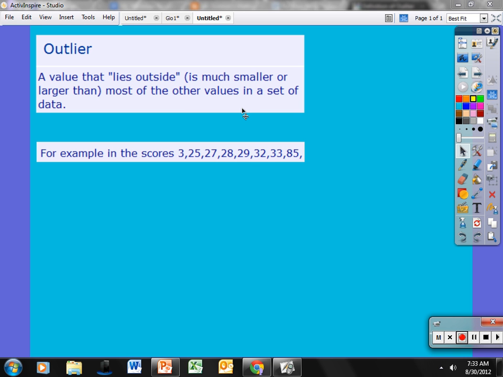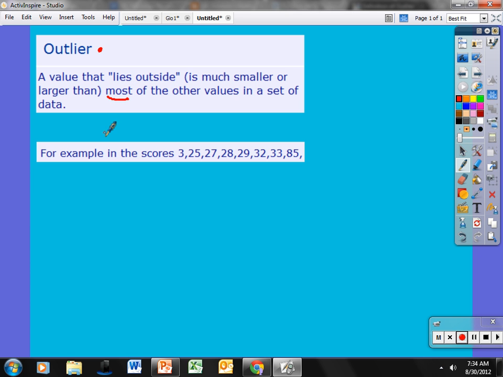Just wanted to give you a little video on outliers, which we talked about today a little bit in class. Sometimes it's a concept that you have a hard time deciding whether something's an outlier or not. So I just found this definition. I thought that'd be good for us to work with, our working definition. So an outlier is a value that lies outside, much smaller or larger than most, keyword here, most of the other values in a